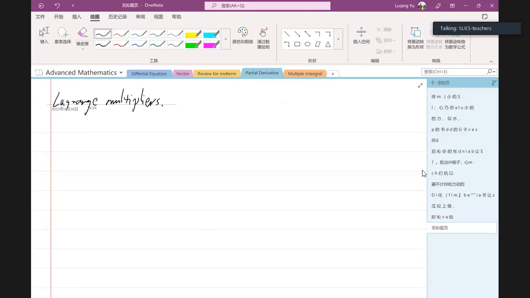So when we are discussing what is a Lagrange multiplier, this is a very important concept in our advanced mathematics. In the future you will always be using these concepts, the Lagrange multipliers. It is kind of different. It's more usable and practical in the future, because even if you are doing AI, you still have to find